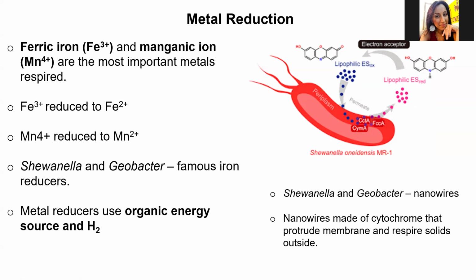No, iron can be a donor if it's 2+, but it can also be an electron acceptor if it's 3+, because when it takes an electron, it becomes 2+, since it's more negative, less positive. Manganese 4+ is reduced to manganese 2+. And I believe that in the next class, not today,